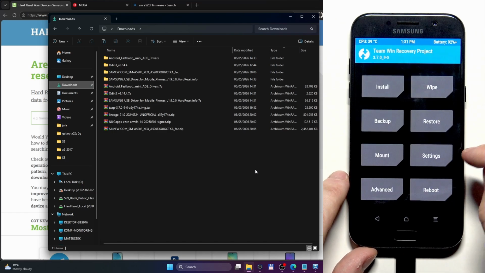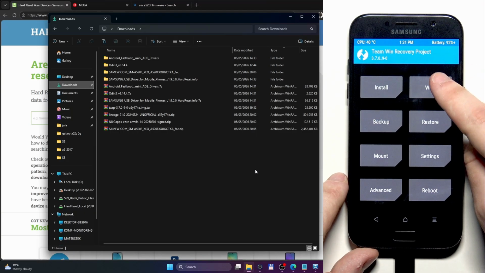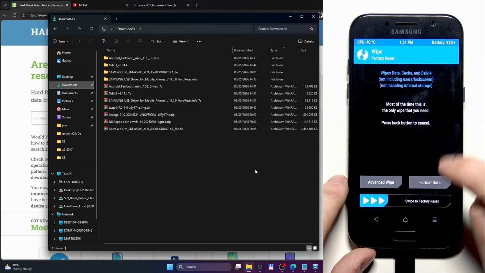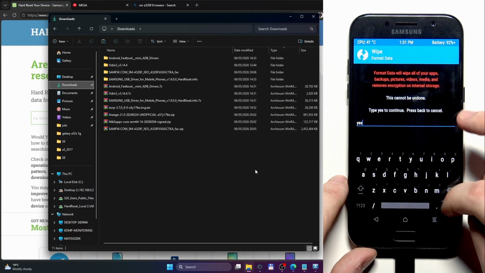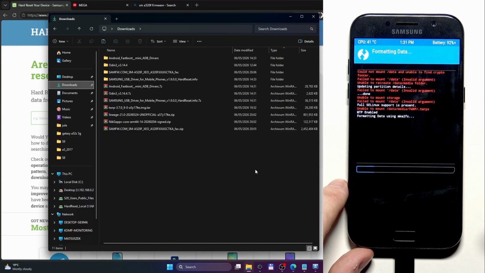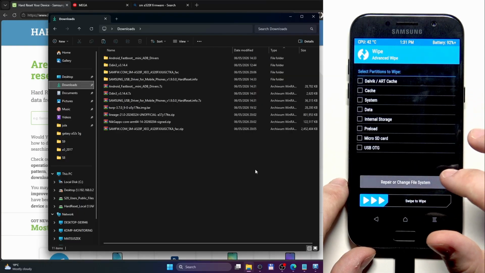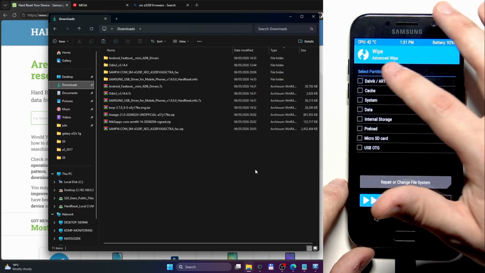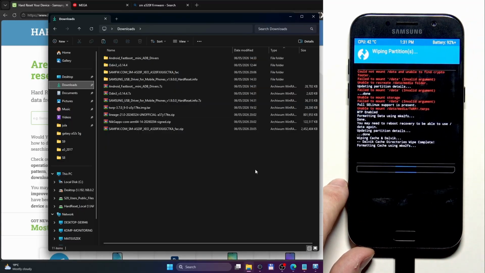Now, swipe to the right side, click on wipe, format data, type the word yes, confirm, click on back, advanced wipe, Dalvik cache, system and the data, and then swipe,